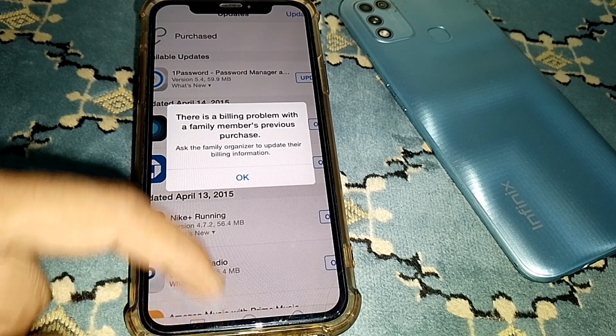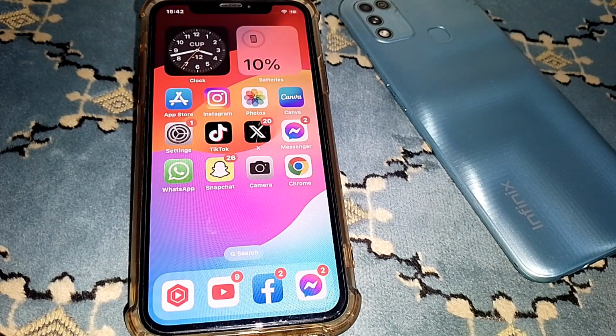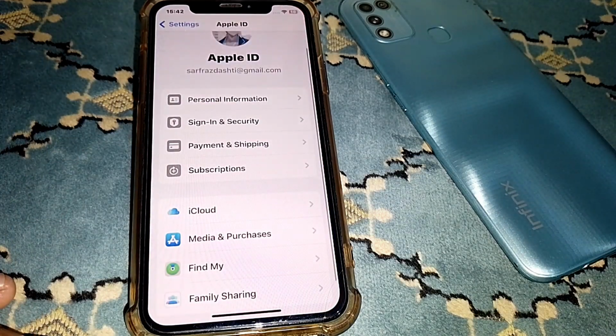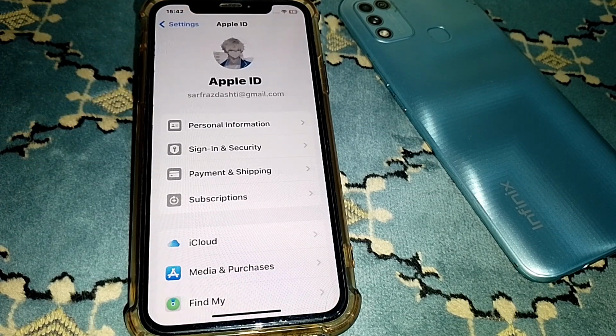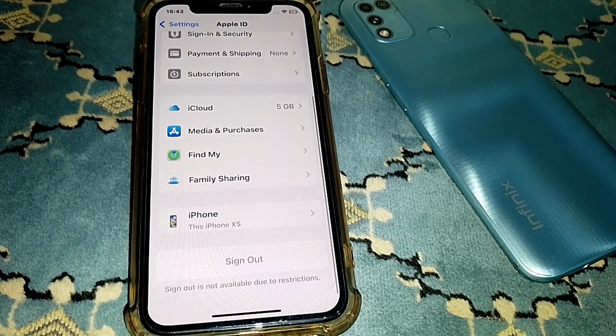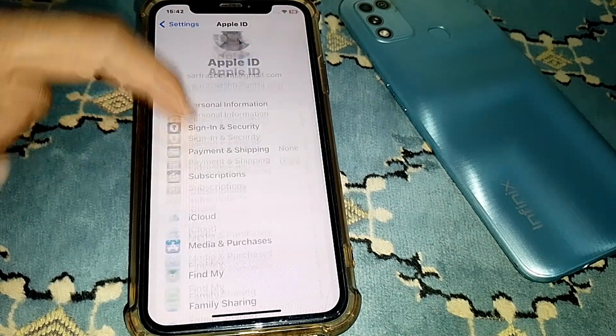First of all guys, what you need to do is simply close this page. If you're facing an error like this, then you have to open the settings, and first make sure that you're properly connected to the internet. After that, try to change your Apple ID and try to download that app. If the app is free, you can easily download it, and if the app is not free and you are a family member, you have to tap on your Apple ID